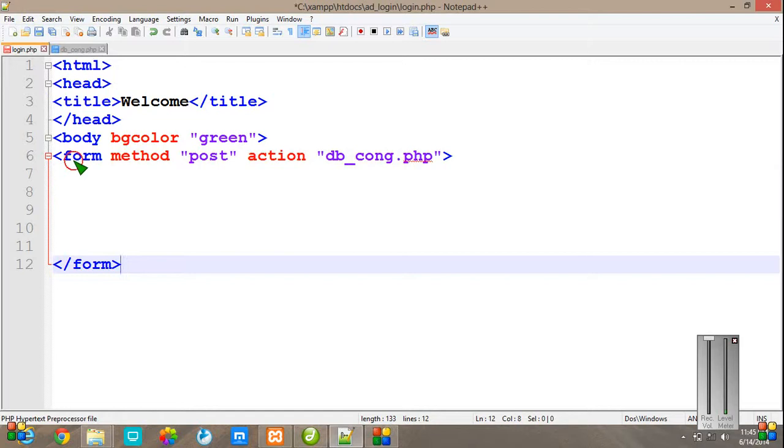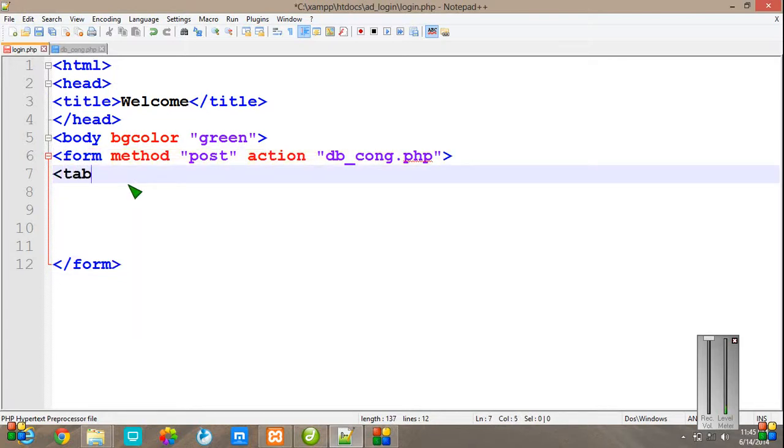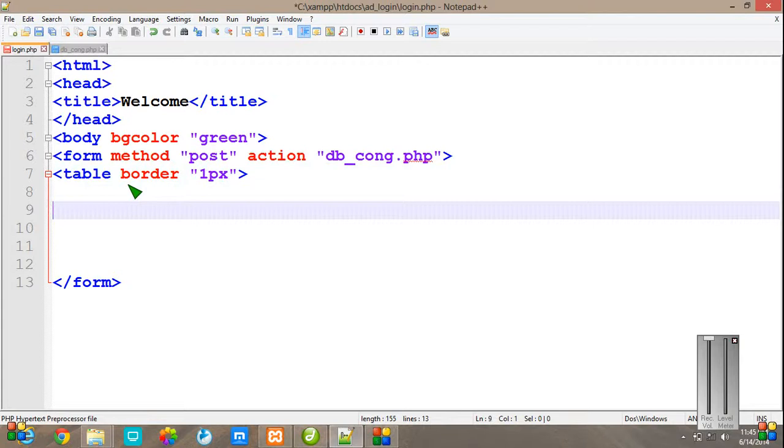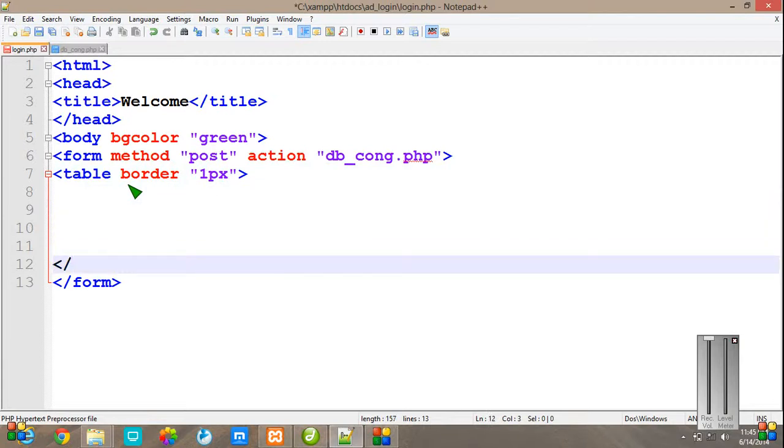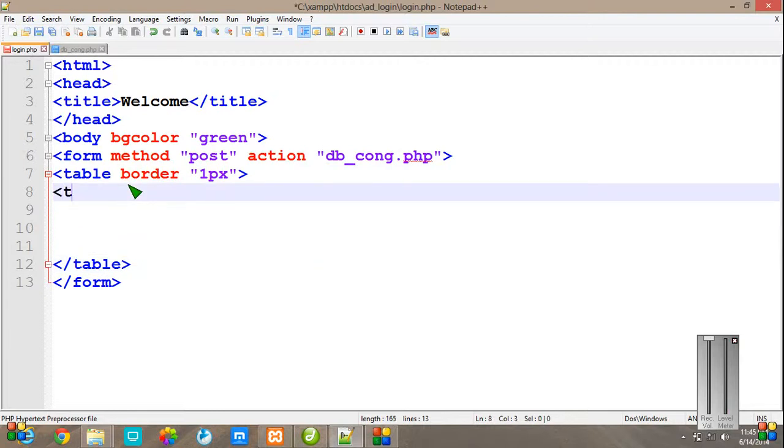Close the form tag. Under the form tag, I'm going to create a table tag with border equal to 1 pixel. Let's also close the table tag. Now the tr for row and td for data cell. First of all is username, then close the td,